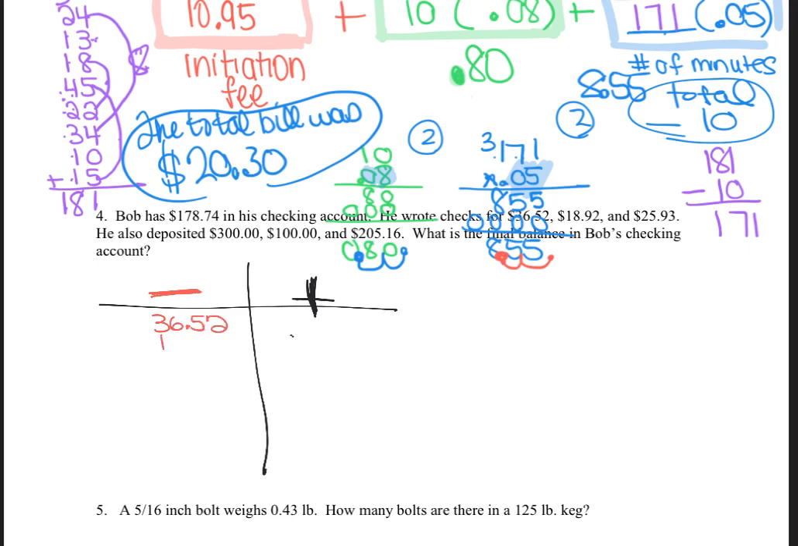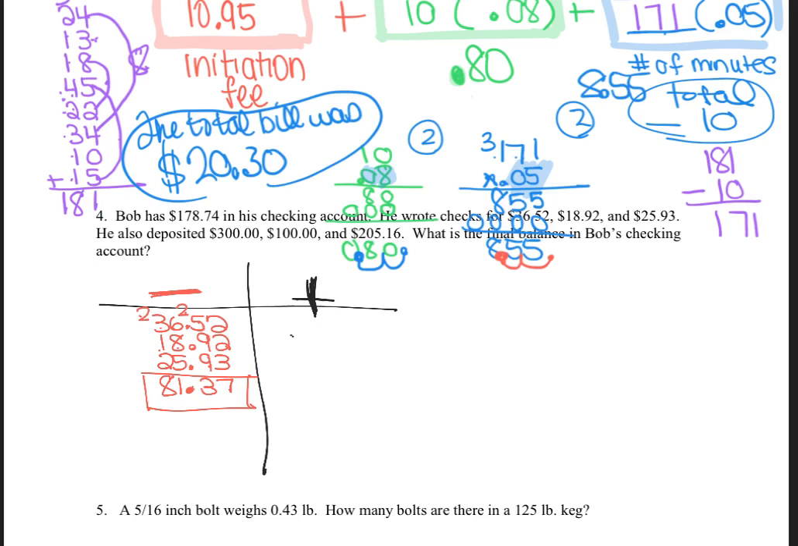$36.52, $18.92, $25.93. So I get 357, 18.23, 10.21, 578.81. So I lost out of my bank account, or I wrote checks out of my bank account for